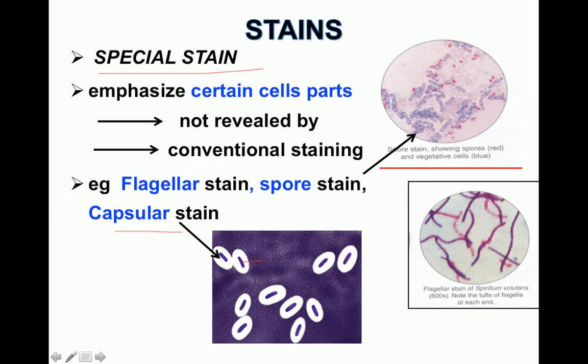Similarly, here you can see the spore stain. The spores have picked up this red color. You can make out the red spores here, and the bacteria remains blue in color. And this is the flagellar stain, and if you look at it carefully, you can see this flagella, polar flagella coming out of the bacteria. And these structures cannot be observed by the routine staining techniques like the gram stain or the ZN stain,